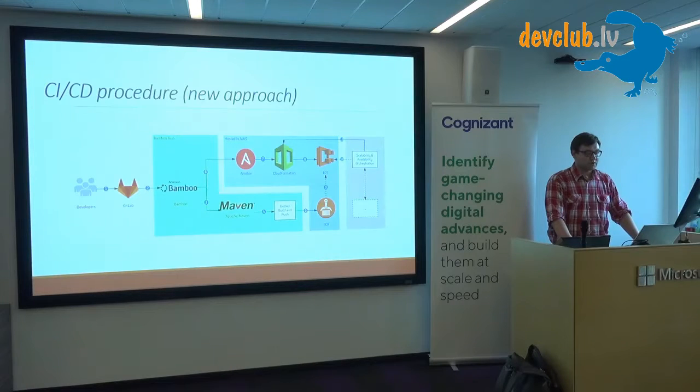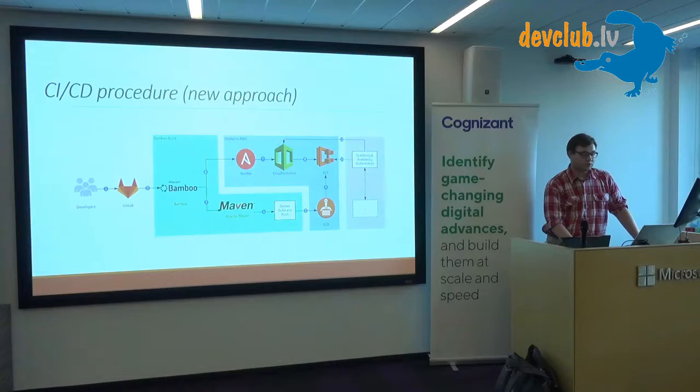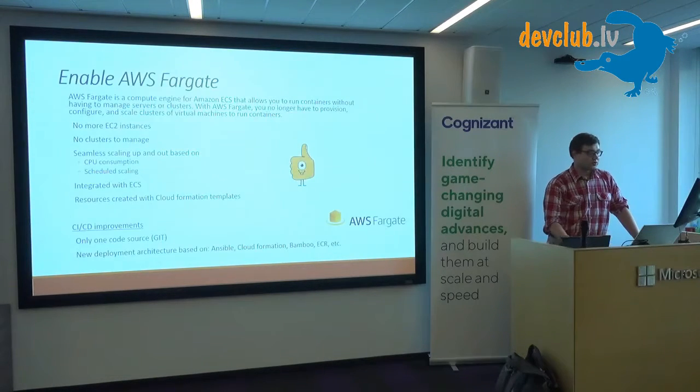CloudFormation for deployment. So everything was nice. And then Fargate came out. It was last year, around June, July. So what we did, we implemented it, and straight away we got rid of our EC2 instances, which were on